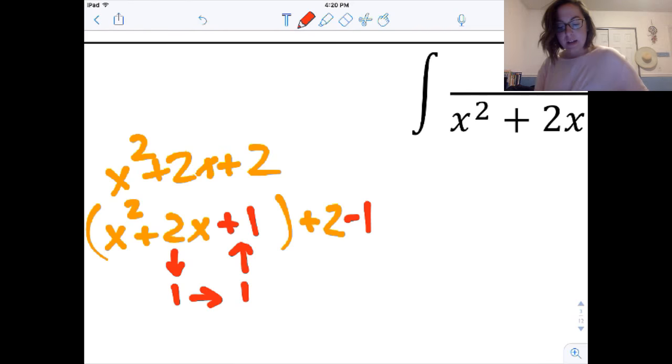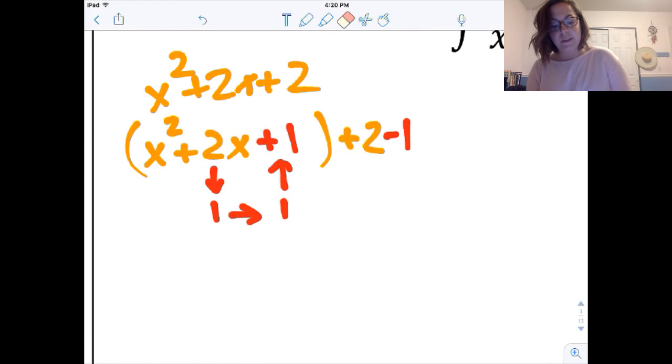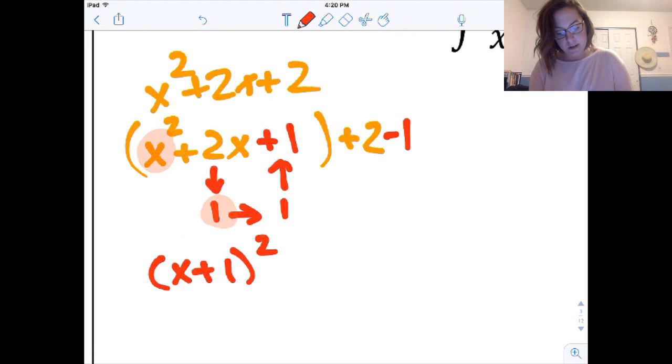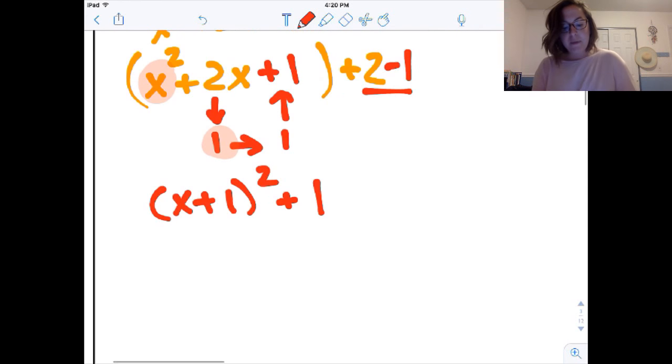And then factor this. And this will always factor to be the same. It will always factor to be this variable and that number squared. So x plus 1, quantity squared, plus, combine your like terms over here, 1. And remember that that could be rewritten as this,